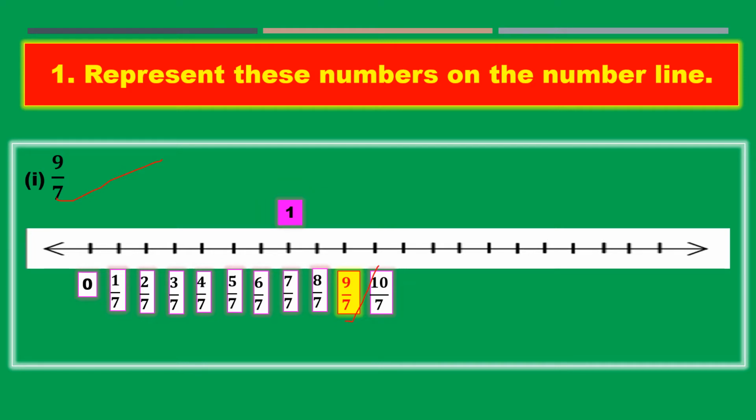Okay. So let us go to the next problem. Here is your next problem. Minus 7 by 5. So simple children. I told you to see the number line, denominator 5. Right? Denominator is 5. So see the numerator. It is minus 7. So take on the left side. Because it is minus, take on the left side of 0.